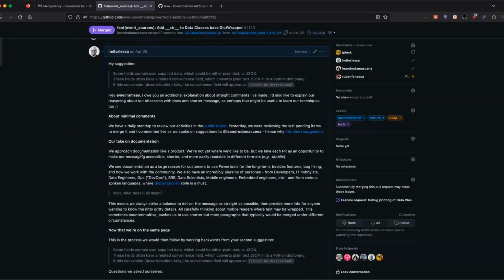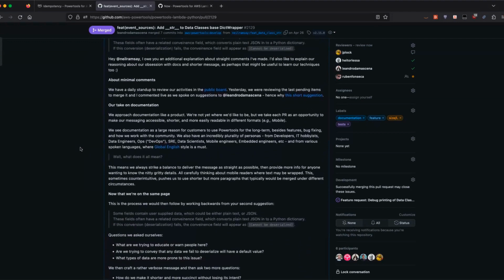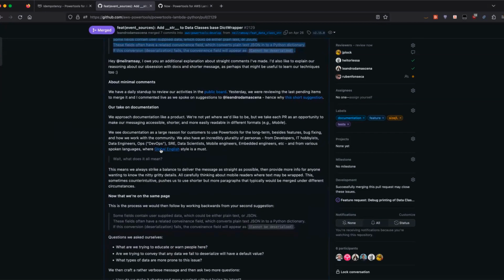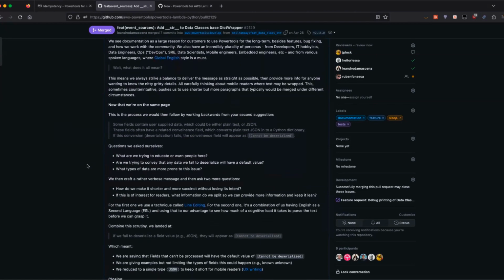So the documentation in this particular pull request was our first attempt at describing our mental model on how we approach phrasing a sentence, even, in our documentation. Because, mind you, in a company nowadays you're not going to have only British people or US citizens. You're going to have people from all over the world, and their interpretation of how you write and read things and what keywords mean matters a lot. And this is our explanation of what a contributor started with to explain how you handle JSON in a particular way if it fails to be deserialized, and how we started taking global English style into account and into our tenets, and asking questions like: what if a data scientist comes in